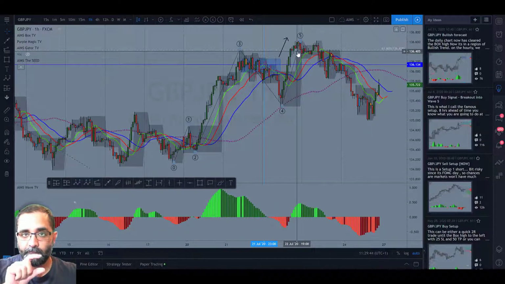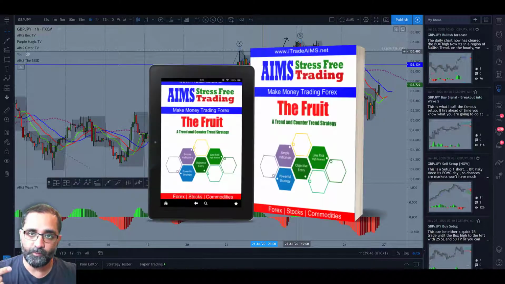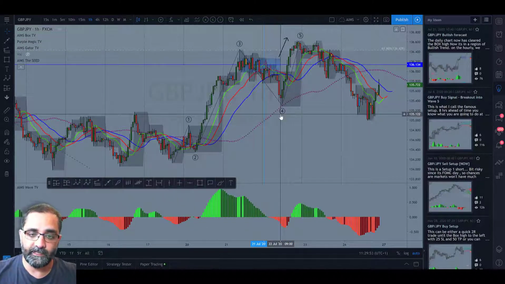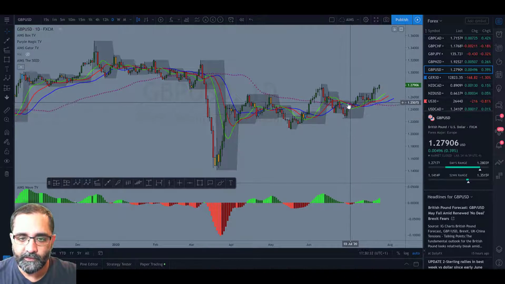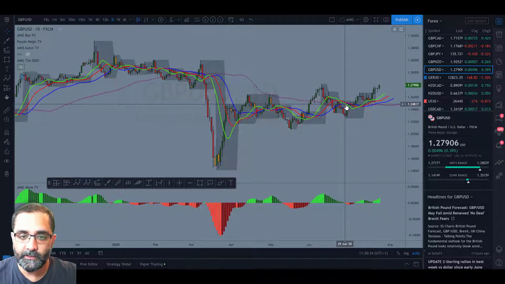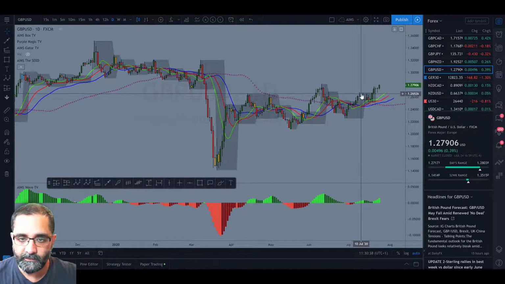So when we have a flat wave 4, we use the setup 1, but if we have the zigzag pullback wave 4 like this one, then we have the Apple signal that you can trade to trade the next wave 5 up. The pound dollar was stuck in a sleeping gator situation here. It broke out on the 7th of July earlier this month, tested those levels just like the pound yen,